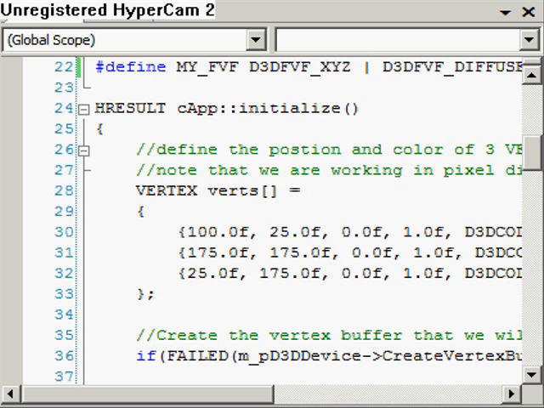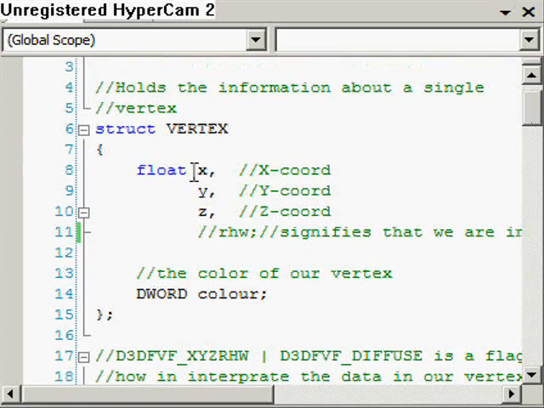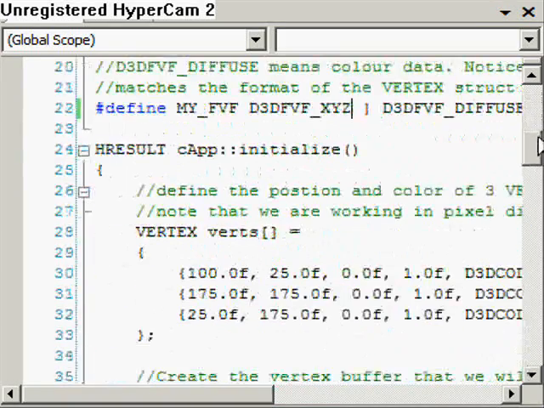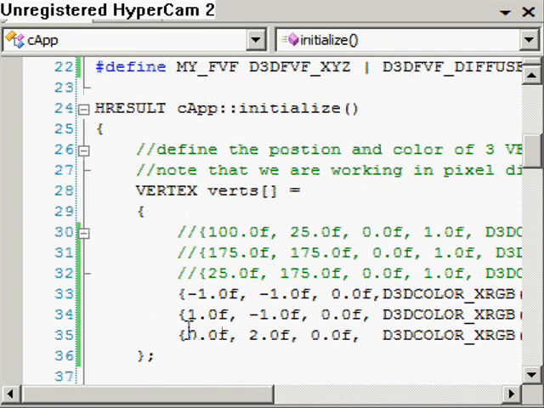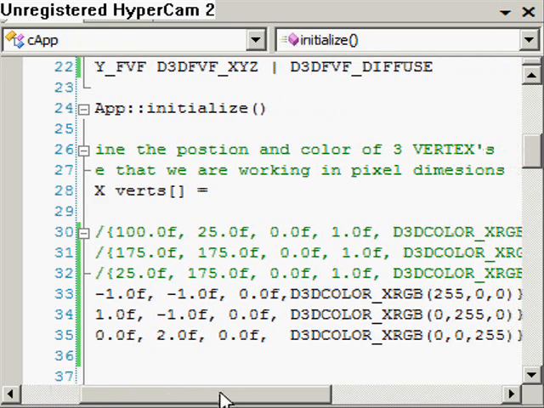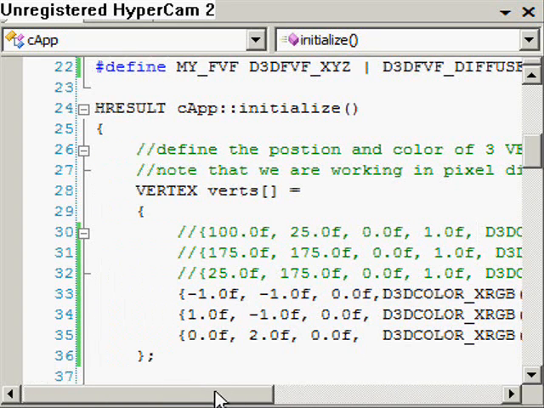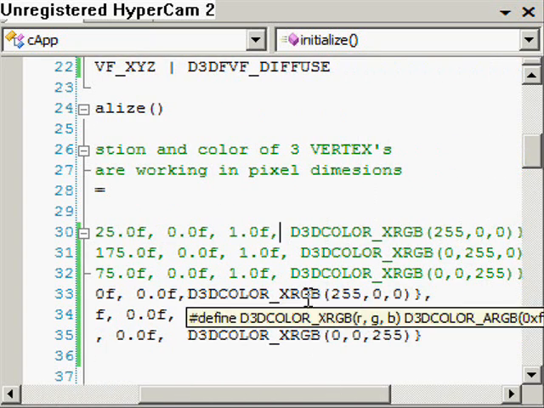The third change is how we declare our vertices. Now we have changed this struct. We only have X, Y, Z and colour now, so obviously this is going to get compile errors all over the place, because we don't have this anymore, which used to be our RHW. So I'm just going to paste in how we're going to declare our vertices. Just comment these out so we can show our changes. You notice we've got rid of the ones to signify we're in screen space. They've just gone, and then we're left with the coordinates of each vertex, and the colour of each vertex. The colours are going to stay the same,